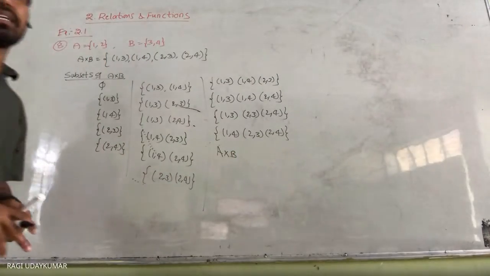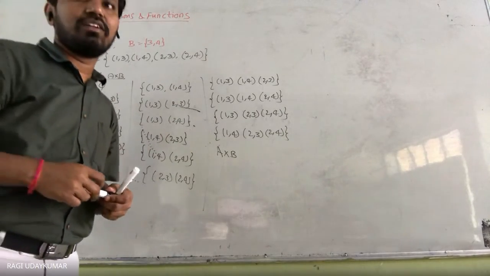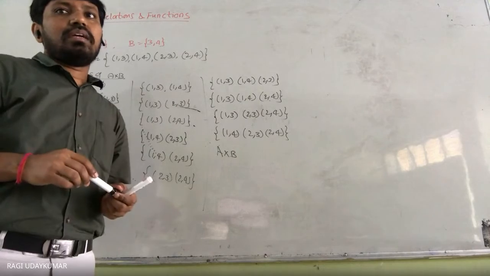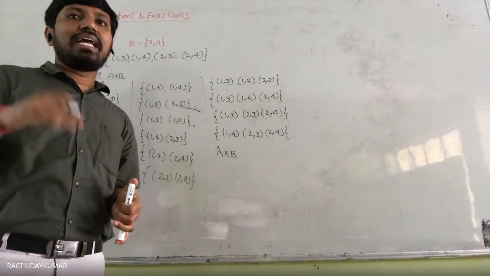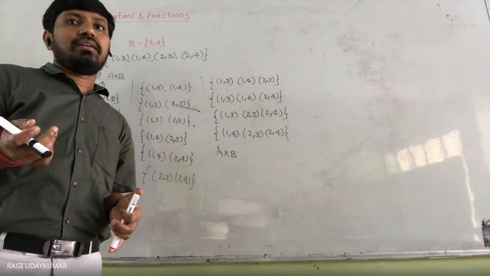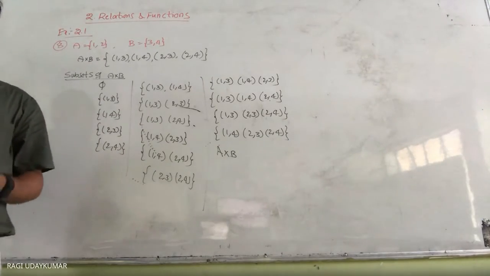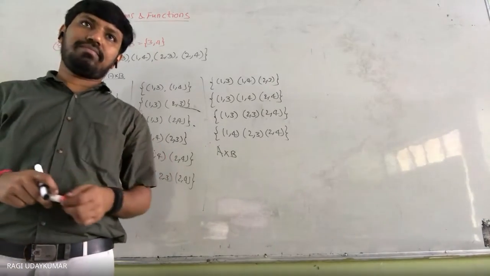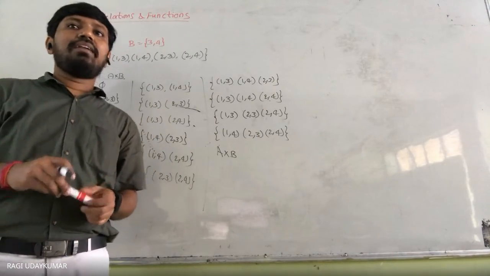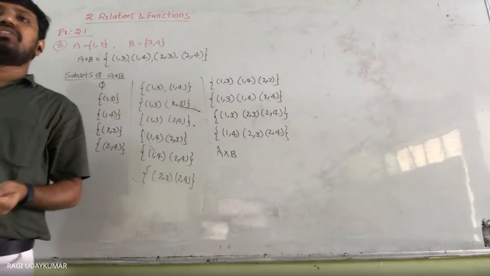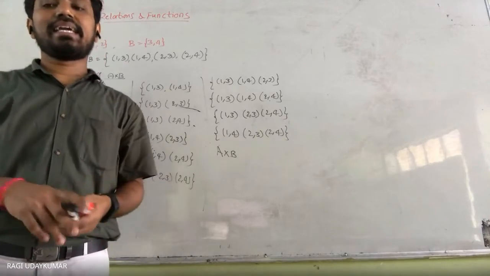This is how the list is asked for. The ninth question is: A and B are two non-empty sets such that n(A) equals 3, n(B) equals 2. If (x,1), (x,2), (z,1) are in A cross B, find A and B. A will be {x, y, z}. What will B be? {1, 2}. Very simple, isn't it? The second element should be taken into consideration. Find A and B, where x, y, z are distinct, different elements. Simple question, you can see and write it.